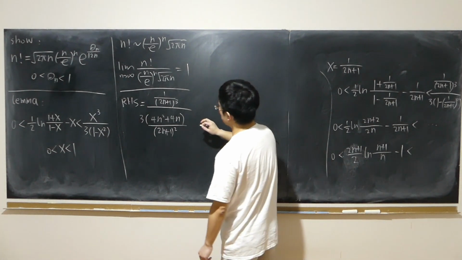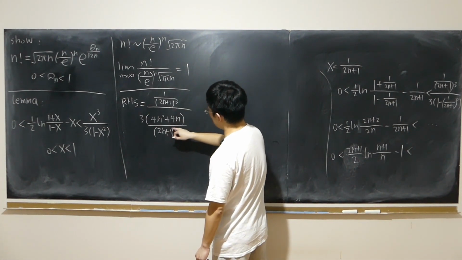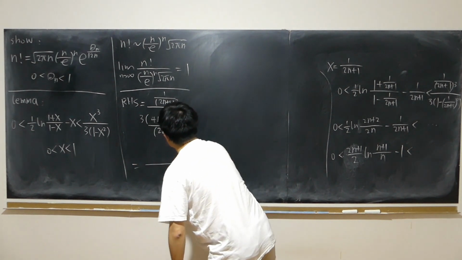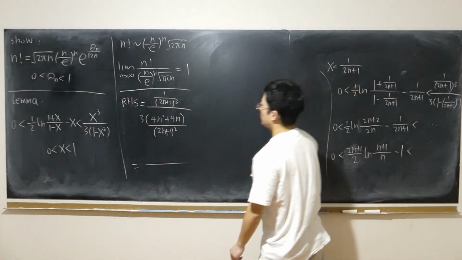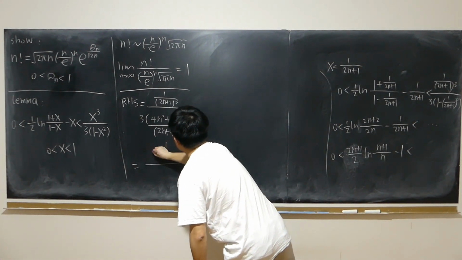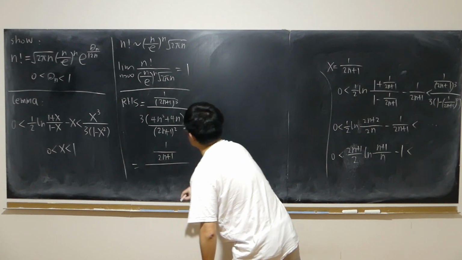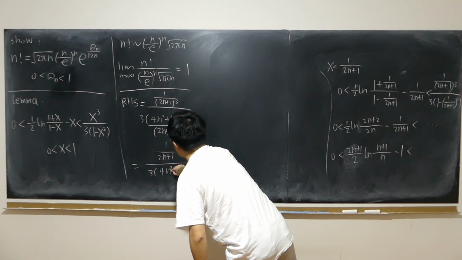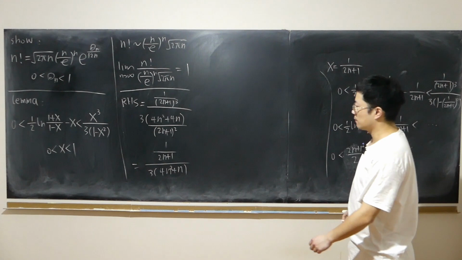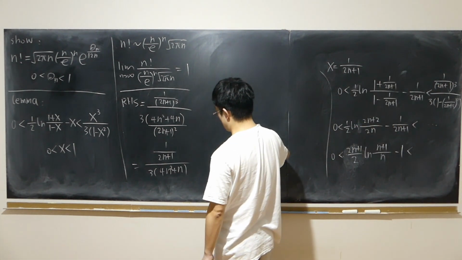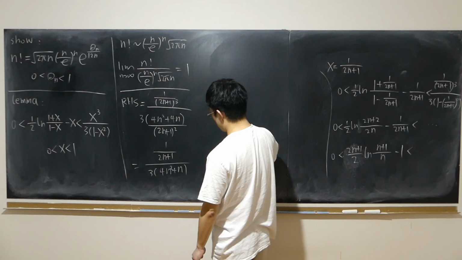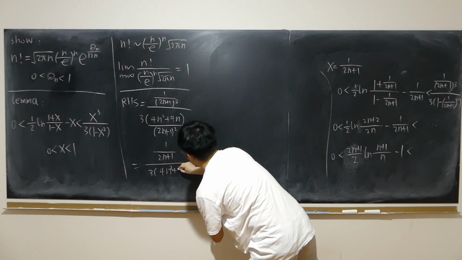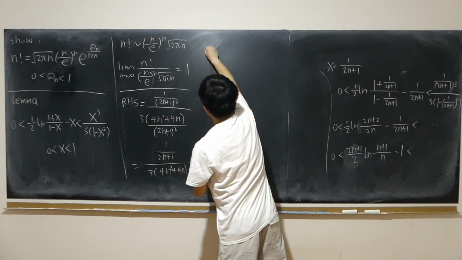And multiply everything by this part, by 2n plus 1 squared. So that way I still have 1 over 2n plus 1, and this part is gone. 3 times 4n squared plus 4n. Yes. So that is equal to,